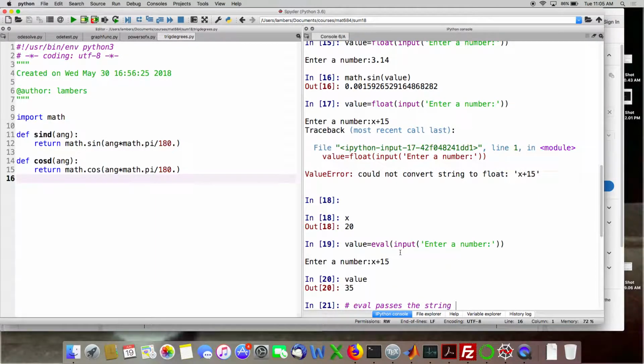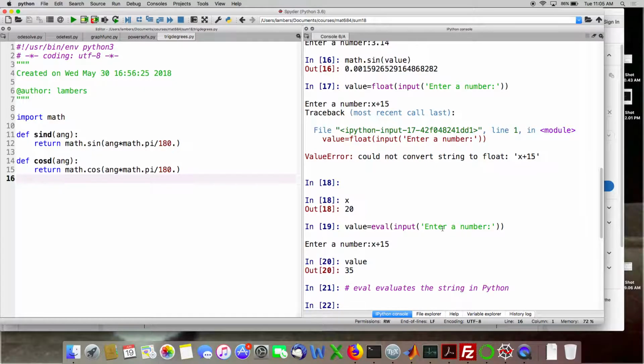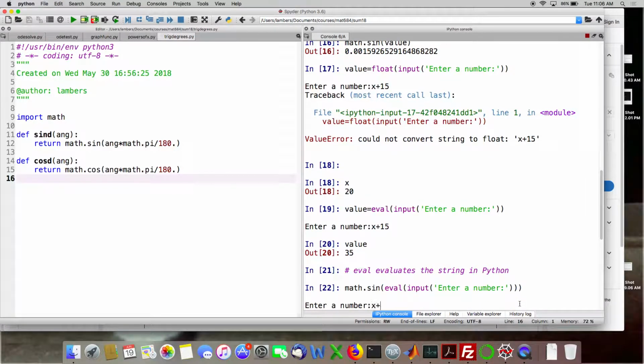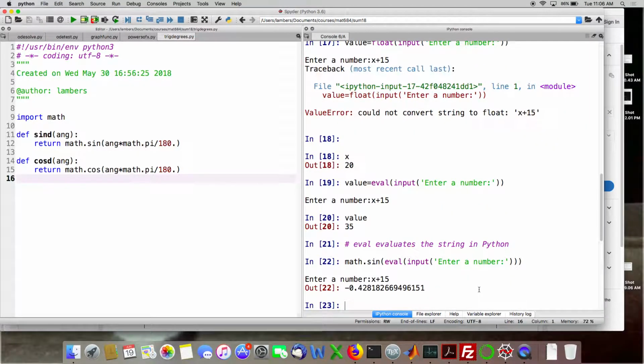So what eval does, it passes the string to, so what it does is, it passes whatever you type in x plus 15. Keep in mind, variables in this console session are accessible, like the value of x. It will actually evaluate it in the interpreter. So I can do, so if I do this, math.sin, then,